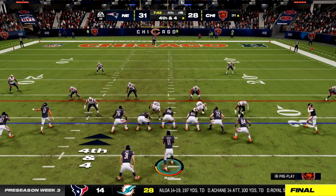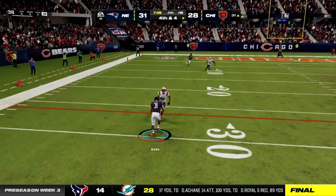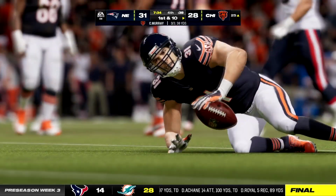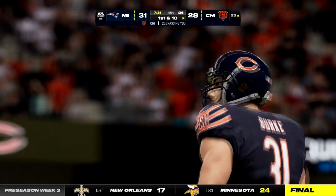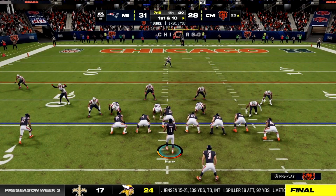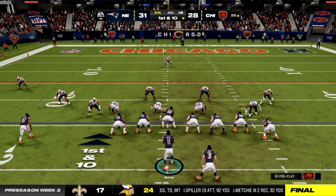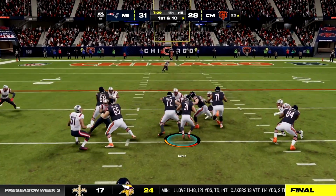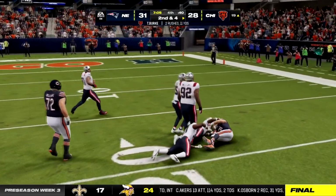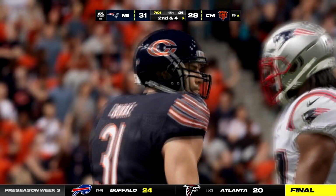So 4th down and 4 here. Murray looks to throw. We'll send it out wide, and this is Trent Burke, 7th round rookie running back, with an opportunity to make the roster. He's had his ups and downs. In the first one, he did not look good at all, but in the last preseason game, he did look pretty okay. Breaking some tackles here, making a case maybe to be one of those backs in the rotation, and that would almost be